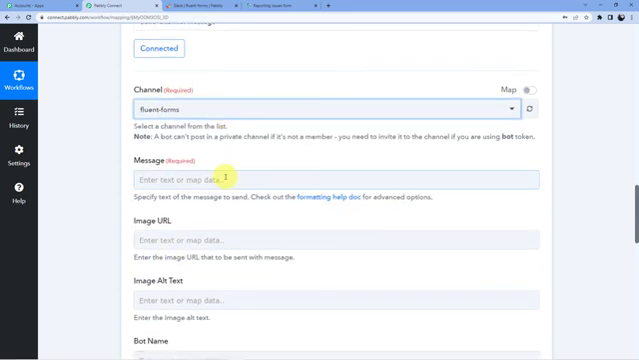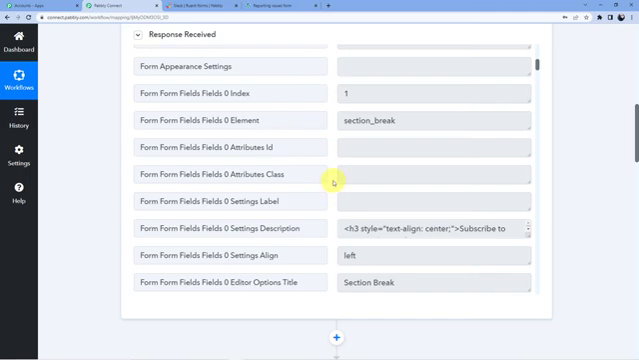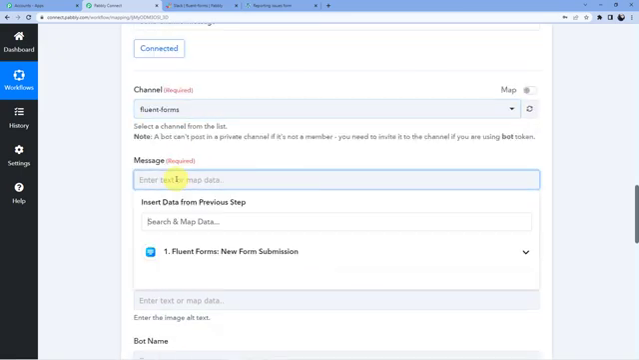Okay, now it is asking us for the message, so we have to input a message. And for this message, I am just going to use a technique called mapping, and I will take the data from this window here and put it in this window. Okay, so I'll go here and type in my message: Hello team, we have received a new integration